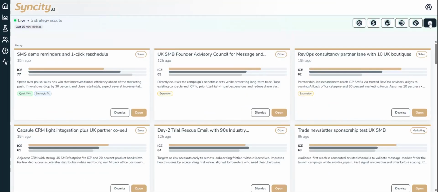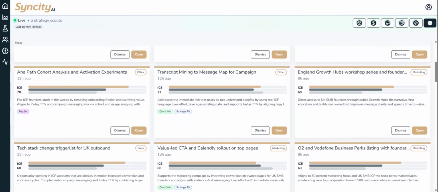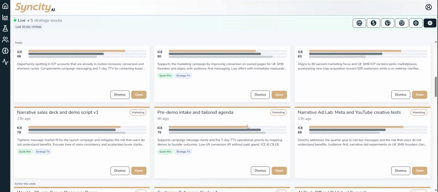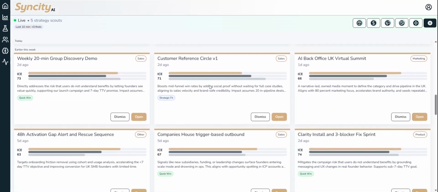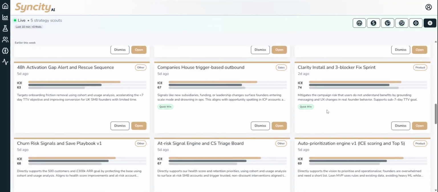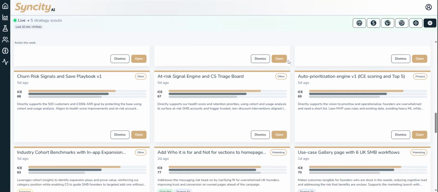You can set your own scouts, you can add scouts, you can configure your own. We've got a number of custom ones that will go and find out this information. But it knows I'm a software company because I've told it. It knows I'm UK based, so it's looking for UK opportunities. It knows what I want to achieve this year, and therefore it's finding everything that it can to help me with that. So if you're looking at doing the work on the business, here's everything you need to do that work. There's enough work there to keep you busy for quite a while: look through these, see which ones you want to go ahead with, allocate them to a person or to yourself, dismiss anything else, and keep training the engine so it knows exactly what to look for in the future.